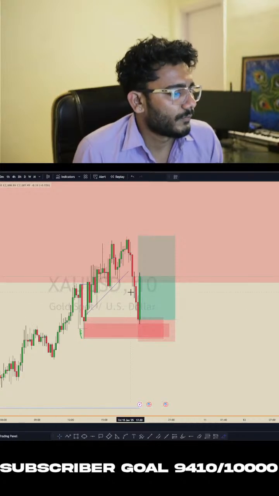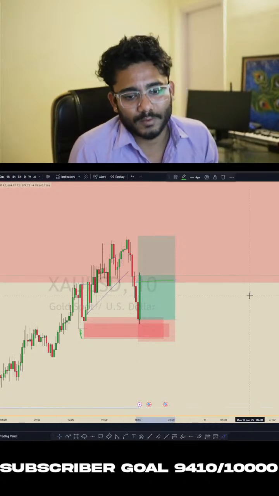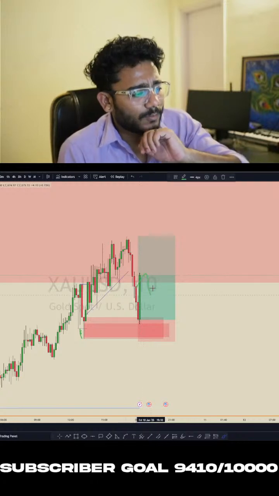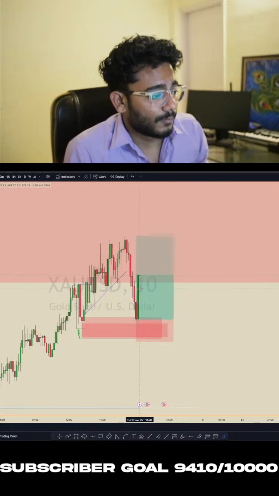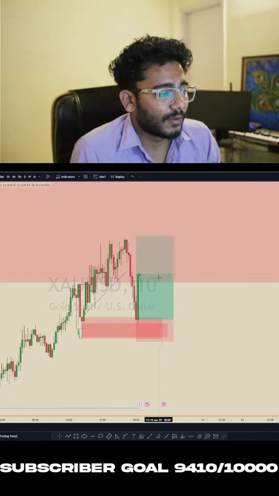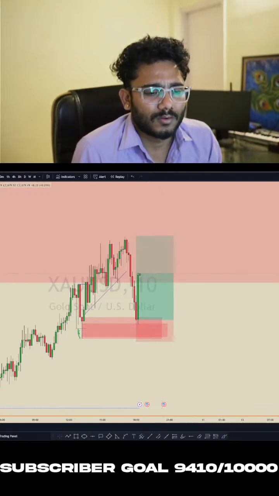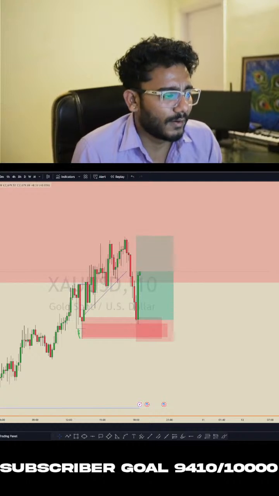Because if you enter here, you can't even go to break even, right? Because price will hit this area multiple times and it will take you out of the market, right? It will hit your position. So it's better to look for a new entry and look for entry at the